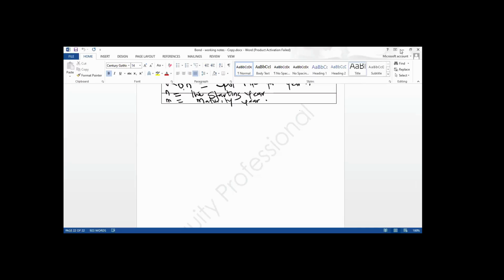We explained last week forward rates, we explained spot rates. Your forward rates, or let's start with spot rates. Our spot rates,